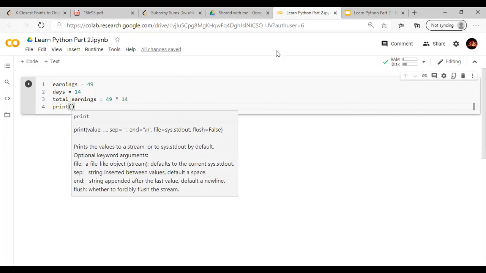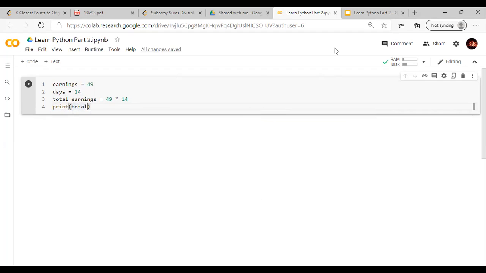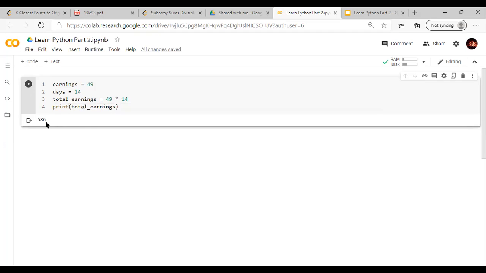So that's why it would be 49 times 14. So now you just print out the total_earnings. If you print that out, he makes